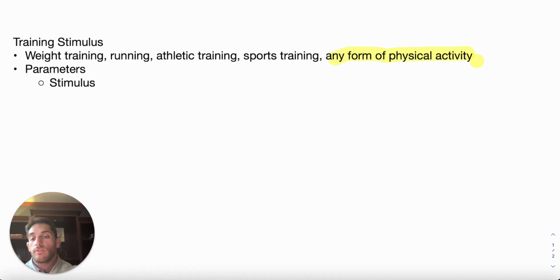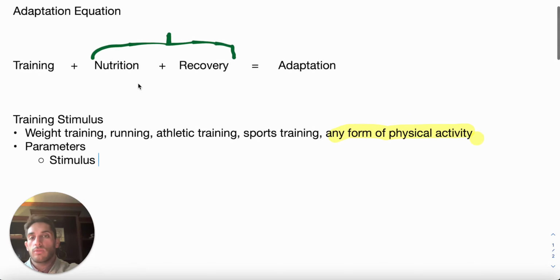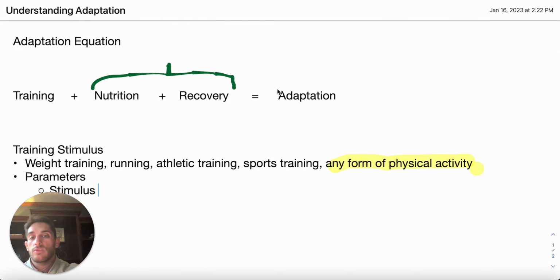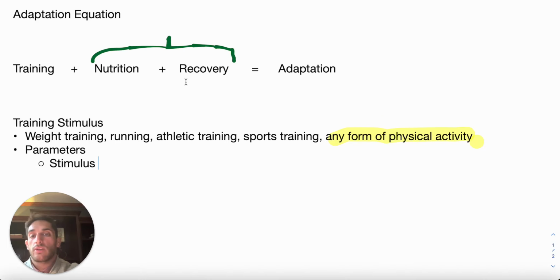I know all this stuff seems super simple, but every single person that I've ever worked with has some type of issues in some form in the adaptation equation. So you have to understand the interplay and the parameters that go into each of these categories so that you can get the results that you're looking for. So you have to have enough stimulus,